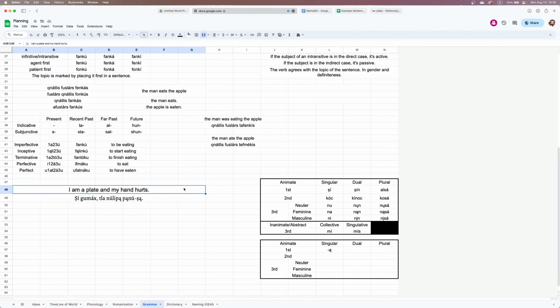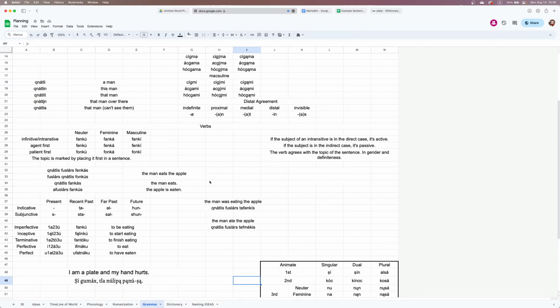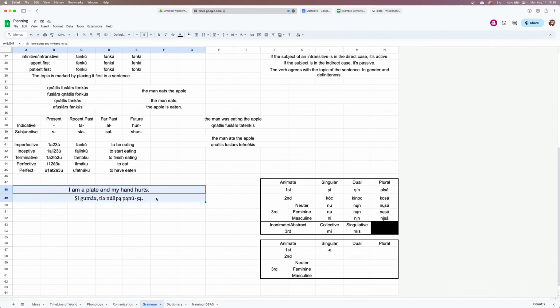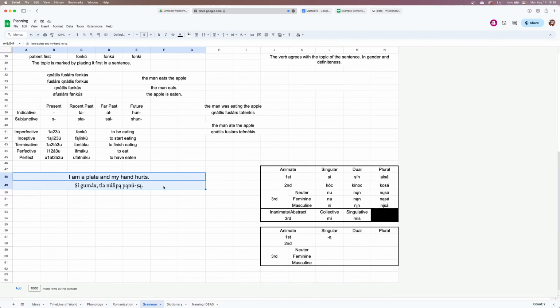And we've added a bit more grammar. We've added pronouns, which I can't believe I forgot about those. And we started on how the copula works, as in there is no copula, at least in the present tense. And possessives are done by adding a special form of the pronoun to the noun. And I'll think up more of those as time goes on. But there is our first sentence,